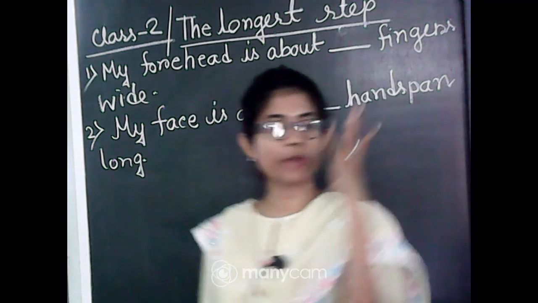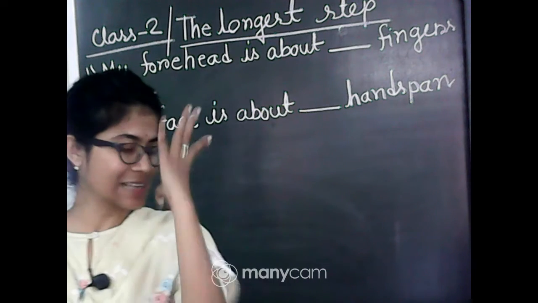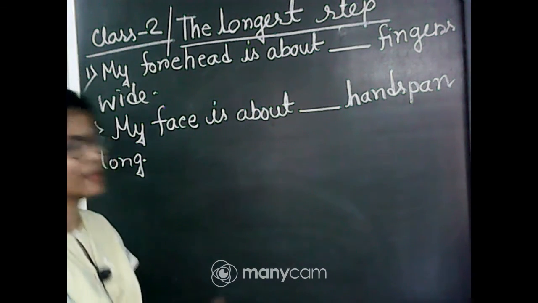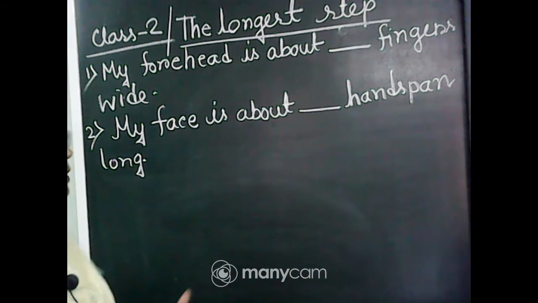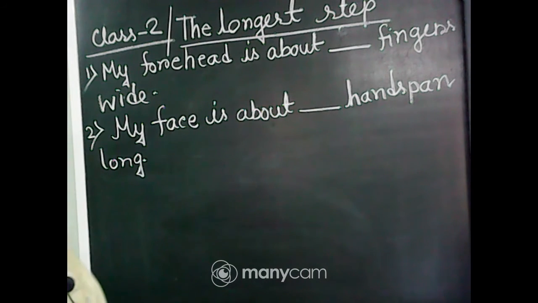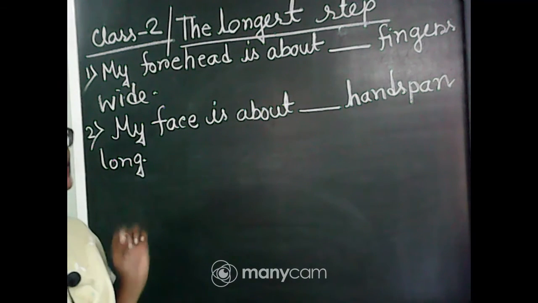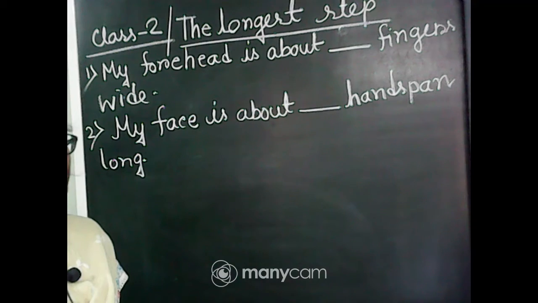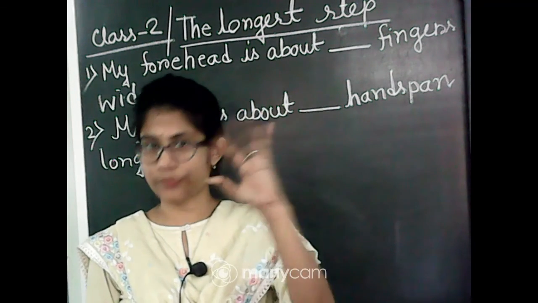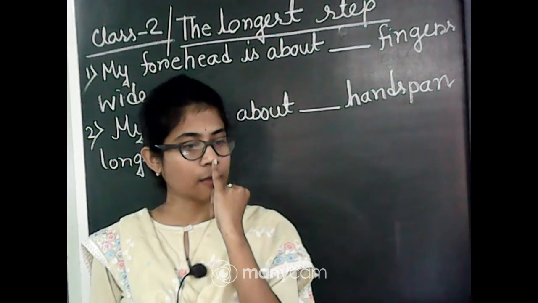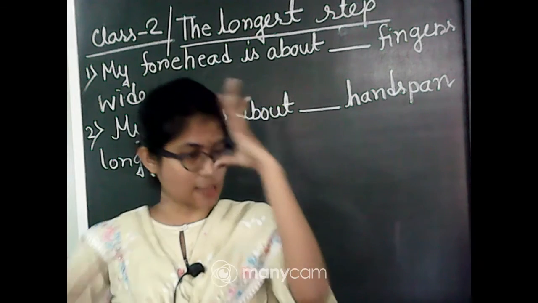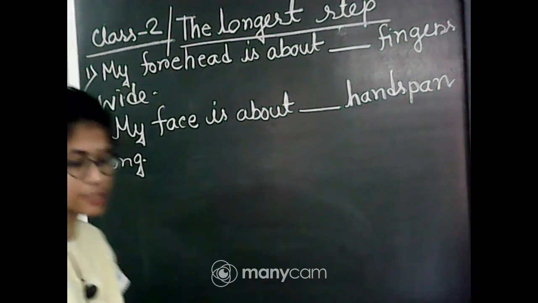So in this way you have to measure it, and then after that you have to check whether it's 1 or 2. Means if it is a little bit less than 1, then still you can write down 1, and if it is a little bit more than 1, then you can write down 1. If you measure your handspan and the finger comes here, and still this much place is empty, then you can take it as 2 handspans. Okay, so do it.